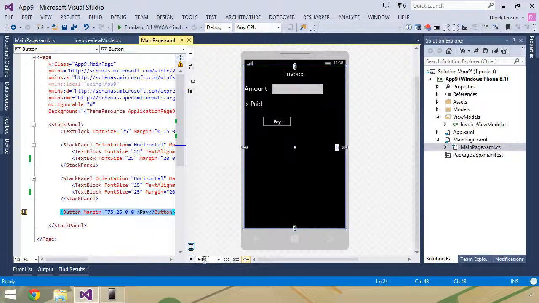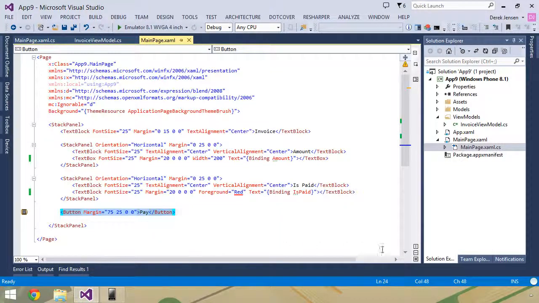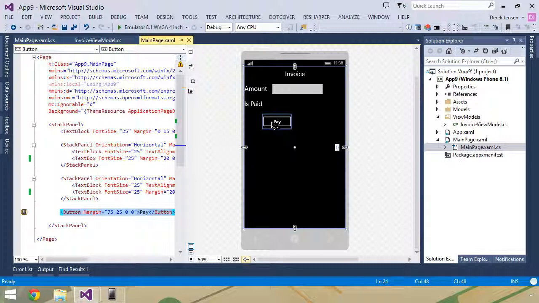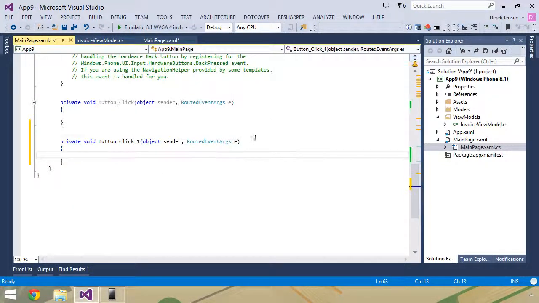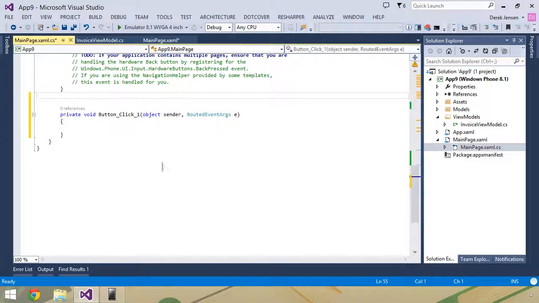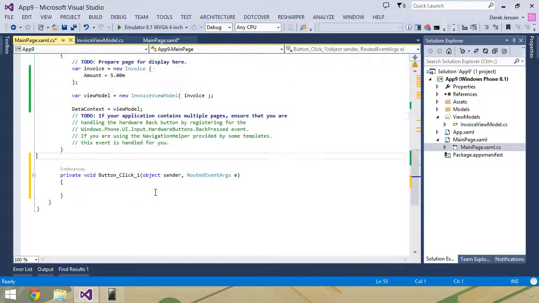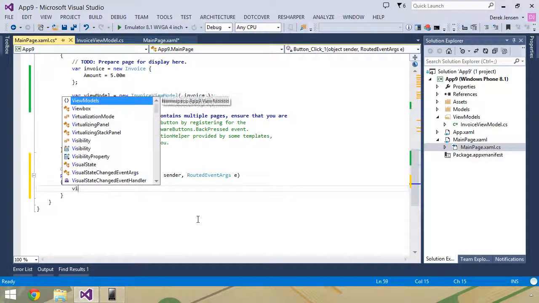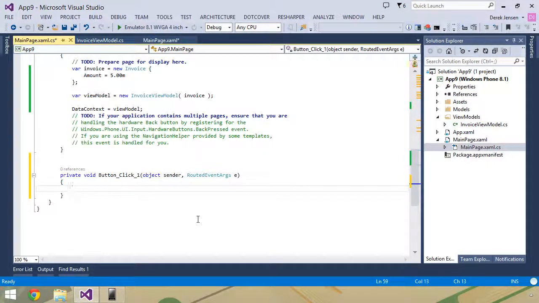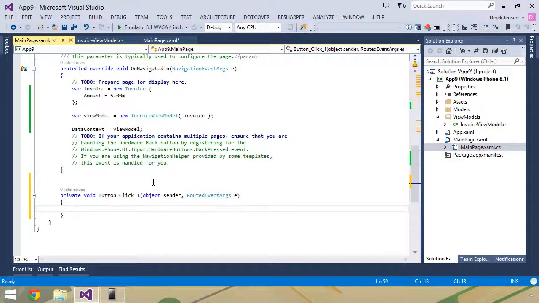Now, the way you would probably initially think to do something like that would be to come into our button here, maybe double click on it, and set up an event handler. But once again, this is dipping into the code behind file of our XAML, which is typically a no-no. I could grab my view model, call the pay method within it, and then do some other wiring up, but that's a bad practice when you're trying to follow the MVVM pattern.